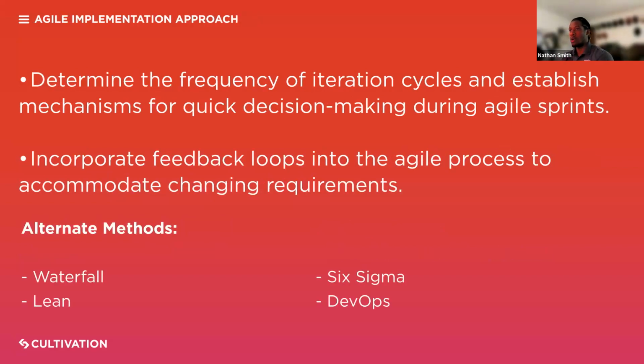Now, the next step that would transpire within the digital transformation process is figuring out how you are going to actually carry it out. There are a wide variety of iteration cycles, different mechanisms, and different processes that we can use. I'm sure you've seen some of them listed below: waterfall, lean, Six Sigma, DevOps, Agile, and some companies even use a mixture of all of them.